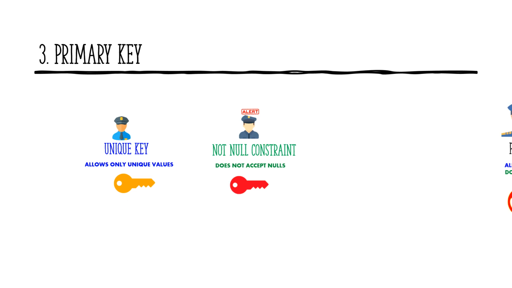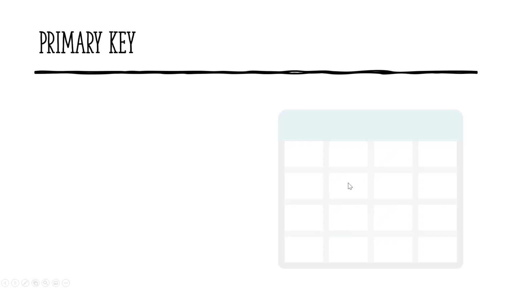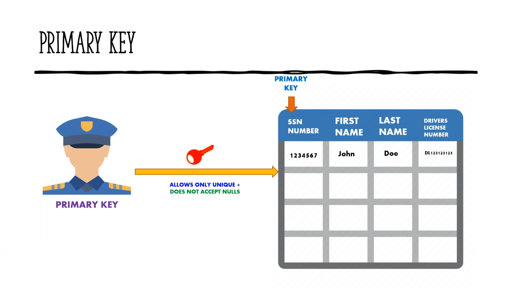So let's go to the primary key. So the primary key allows only unique values and it does not accept null values. So let's take the same table and define the primary key on the SSN number. What happens? The first row inserts successfully and the second row here, this will fail because the 1 2 3